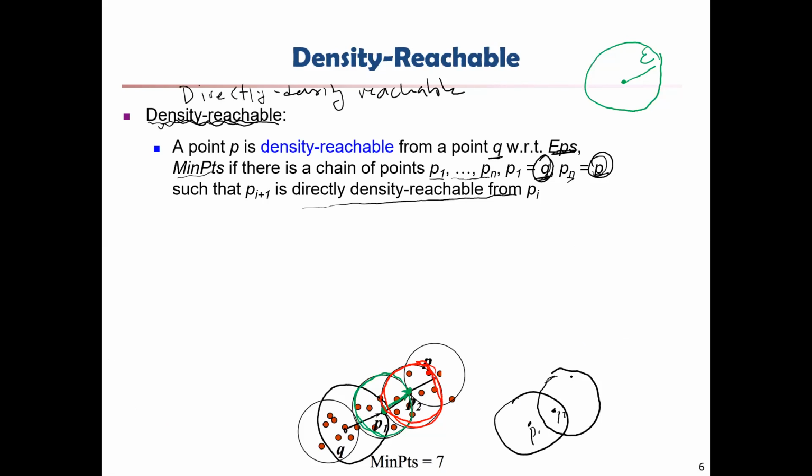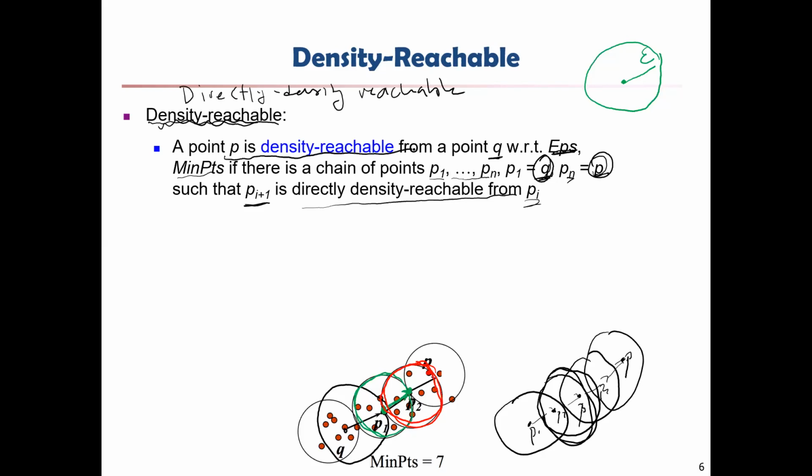My circles are not really good. And let's say you have a P3 here. I draw another circle around this guy. Suppose I have a P4 here, and I draw another circle around this guy. It looks like I have my final P over here. You see, every step, every P(i+1) is a directly reachable neighbor of P(i), so that I can basically travel around this direction and reach my final P, which will conclude that P is density